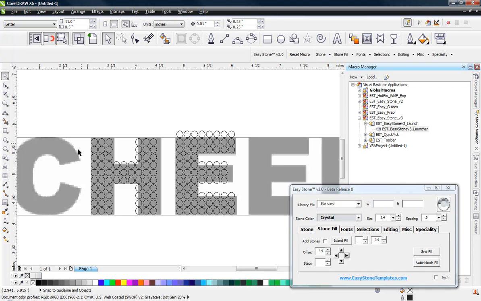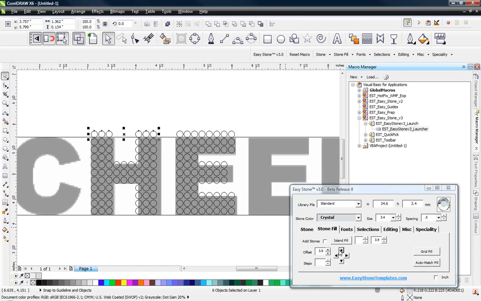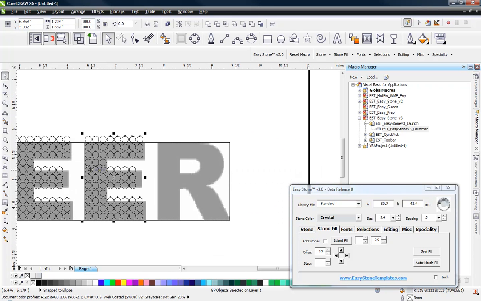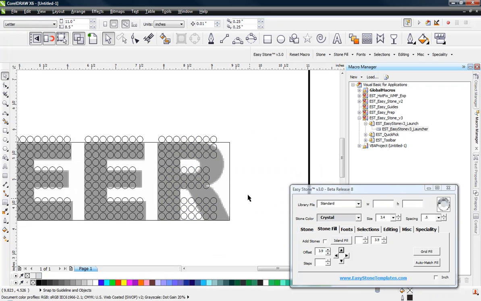Now what we need to do is we need to just adjust our H so it has the same stone height. And here we have 4 stones. 1, 2, 3, 4, and then down here we have 1, 2, 3, 4. So we have equal spacing on our H. We'll go ahead and select our E, make a duplicate of that, and then E's usually become R's as well. So we'll delete these stones that we don't need here,